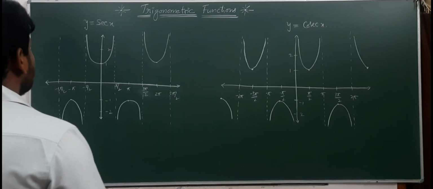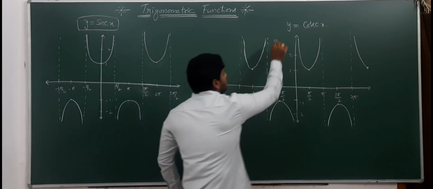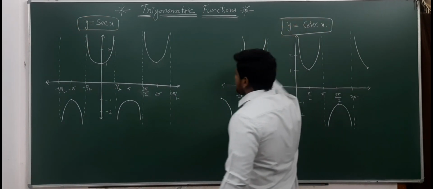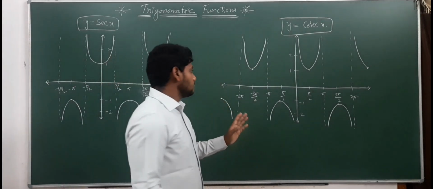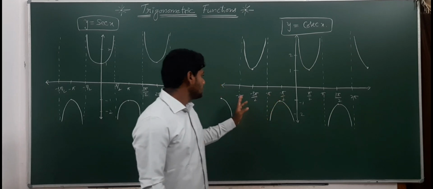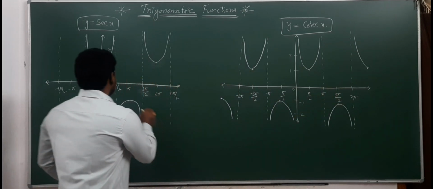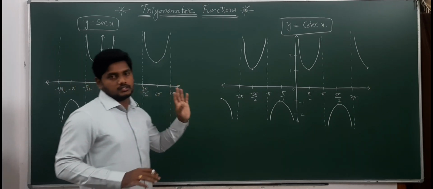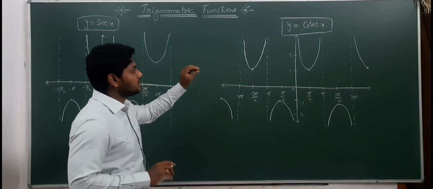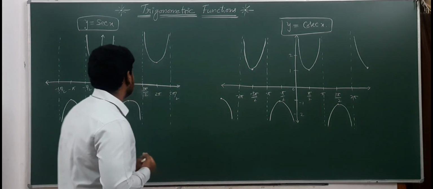Guys, now we will discuss the last two trigonometric functions, which are nothing but secant x and cosecant x. For those two, we consider x-axis and y-axis. First you mention these radians: 0, pi by 2, pi, 3 pi by 2, 2 pi, and again 0, minus pi by 2, minus pi, minus 3 pi by 2, minus 2 pi, so on like that. First we will mention the points. So what are the values we know? First we will mention, after that we will graph.